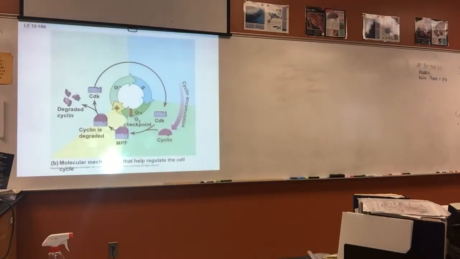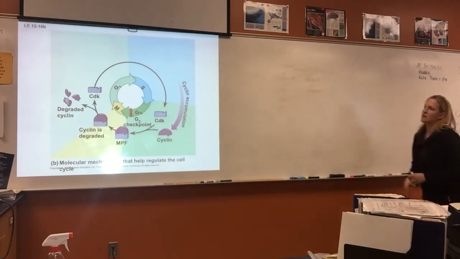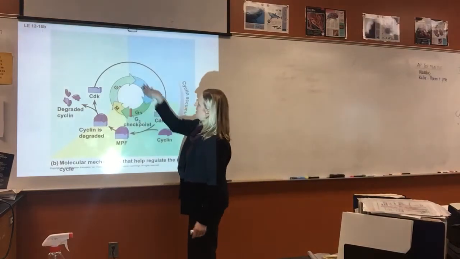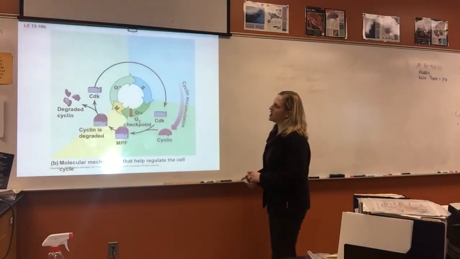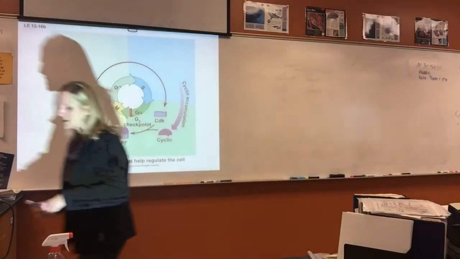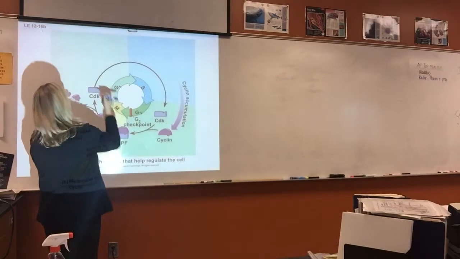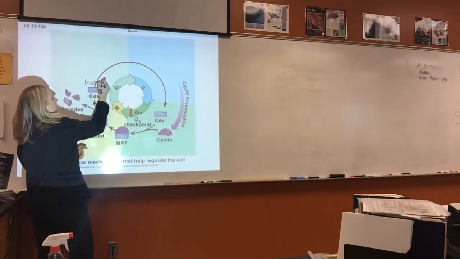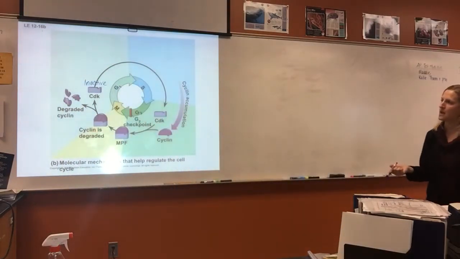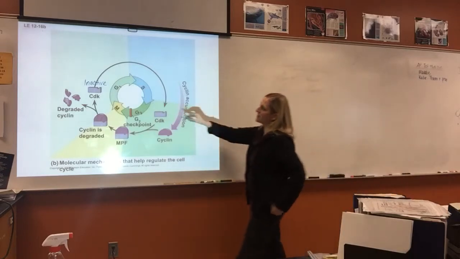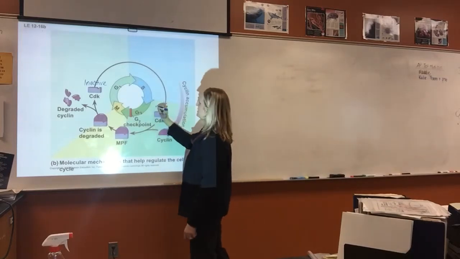So in this picture here, it shows you the cell cycle. So here's the G1, S, and G2 phase, and then the M phase. So let's start here with the beginning of the cell cycle, with the CDK here. I'm going to put here that this is an inactive CDK. So it's present in the cell, but it's not doing its job yet. It's not in the right shape. And this CDK is present through all of interphase. So here it's present, and here it's still in the same shape. It's still in the inactive form